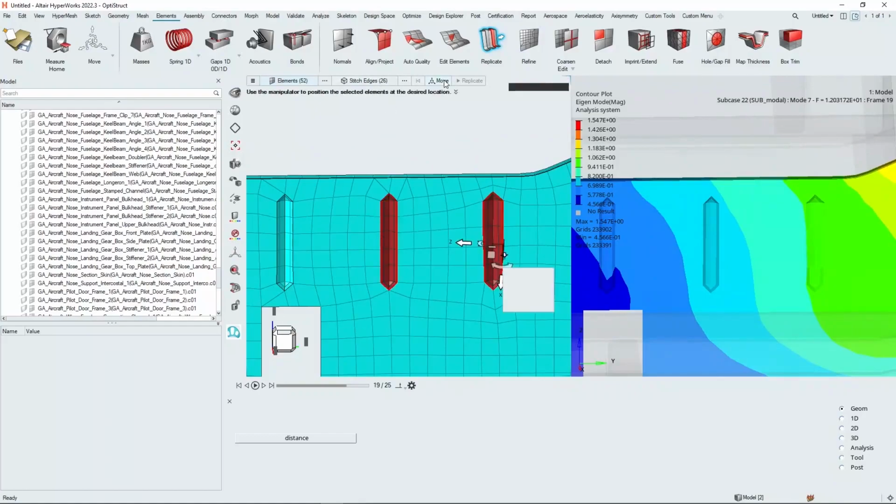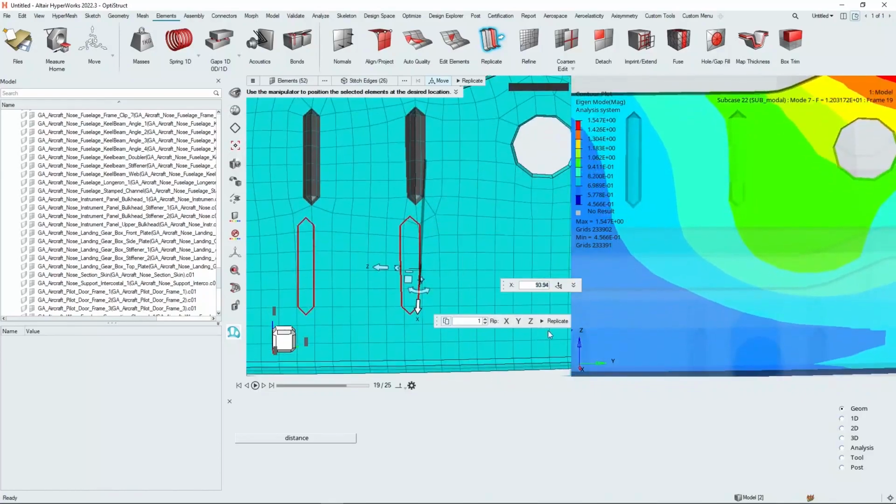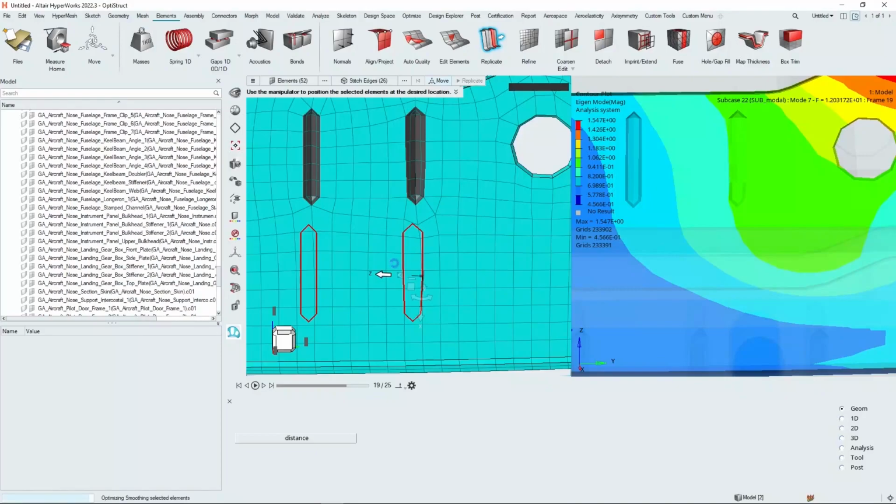And then we say that we want to move that feature. We can click on the arrow here to use a drop down, or we can use a specific number if we know what that particular number needs to be. And we can position the swaging wherever we want. And then once we've got a position where we want, we simply click replicate, and HyperMesh will now remesh and tie in that feature to the existing mesh,